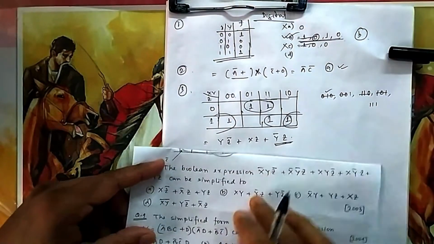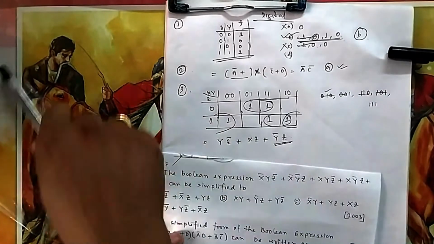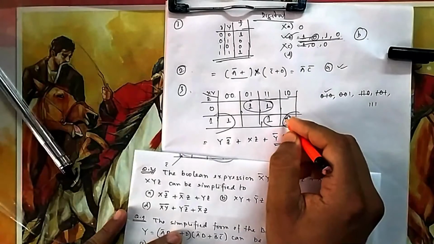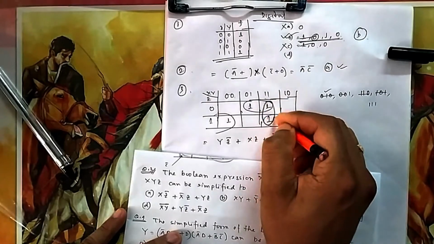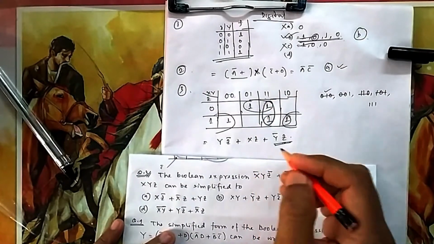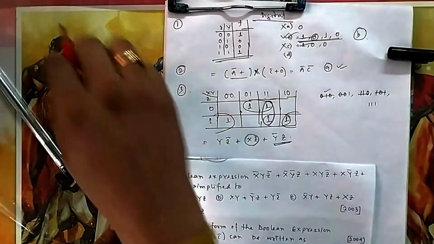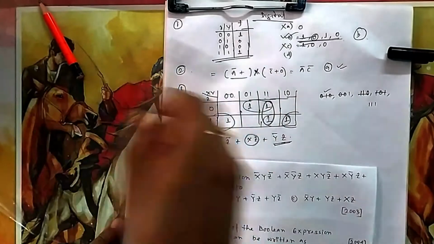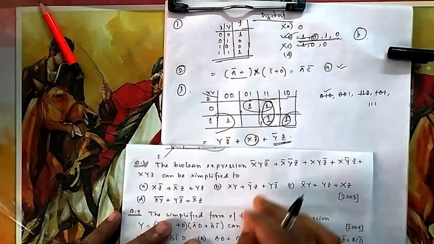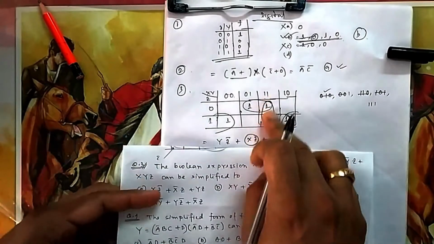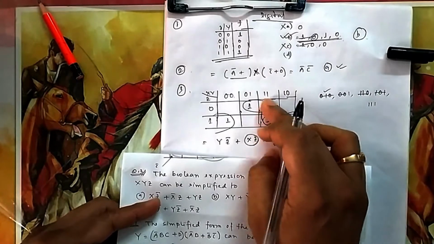Okay, after solving this, you can see none of the options is satisfying with this one. There are other ways we could have considered. Suppose we don't consider this one as a pair, we can consider this one as a pair. So there are other ways also we can consider. Whatever you do, it need not be that the same answer will come. So you think whether the K-map can be taken in a different way also. Yes, I can take this one as a different pair also.